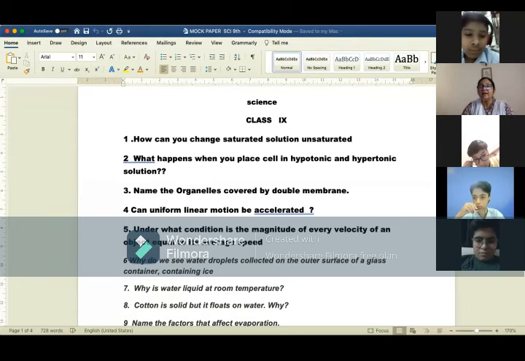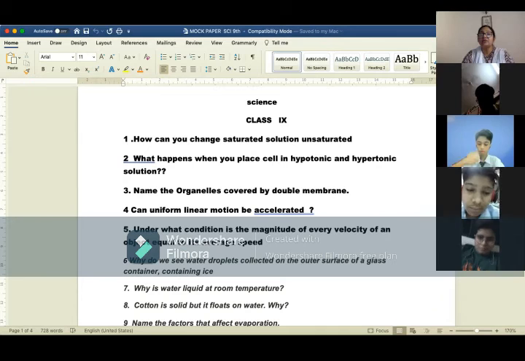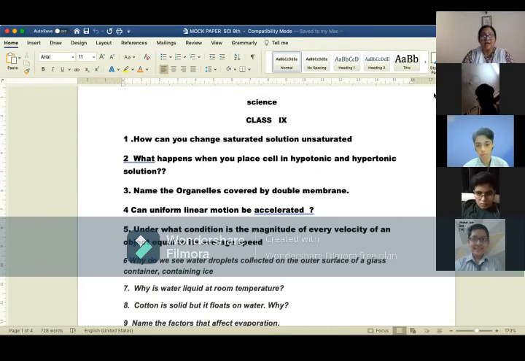The normal air is hotter than the water bottle because the water bottle is very, very cold, isn't it? So when that normal air is coming in contact with the very cold water bottle, that air is losing energy. Yes or no? Yes, ma'am. Therefore it condenses on the surface of the bottle, forming droplets. Right? Have you understood?